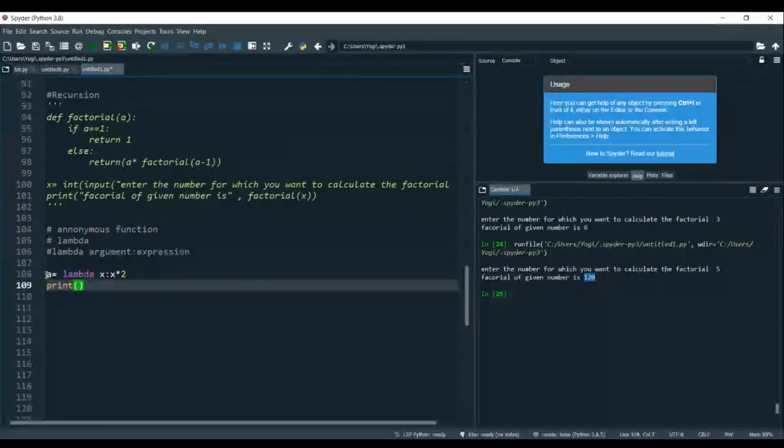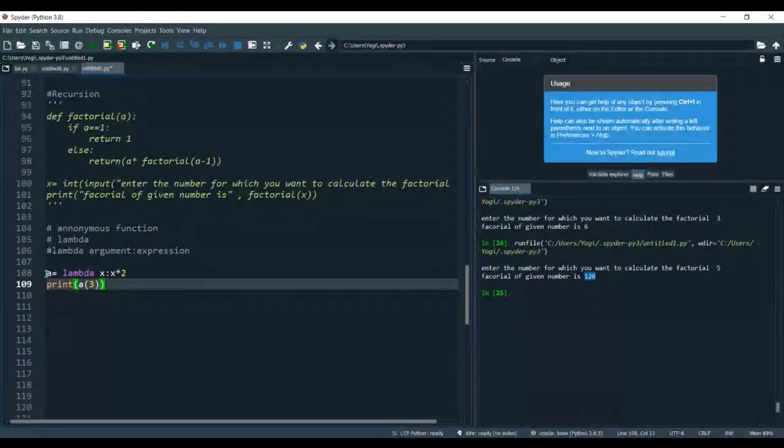Print a of 3. What will it give you? It will give you the double of this number. 3 you have given, it will give you double. If you give 5, it will give you the double value. So you can calculate the double of any number simply like this.